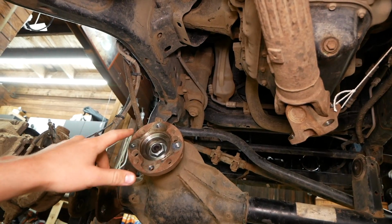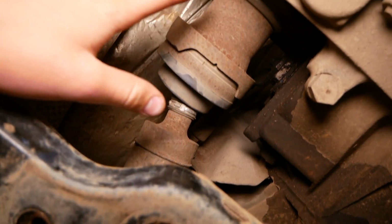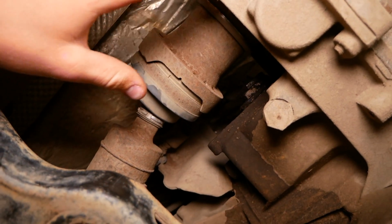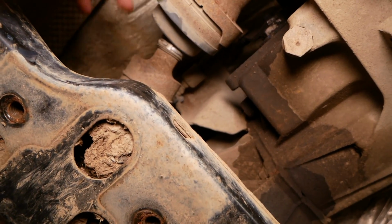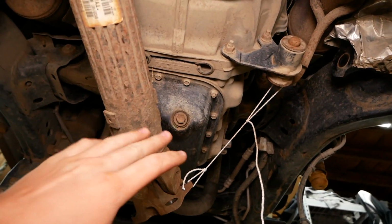So I removed all 4 of these 15mm bolts here, as well as all of these 8mm up at the transfer case. But I wasn't terribly lucky with disconnecting my drive shaft from the transfer case here. It seems to be fused and I'll need some sort of puller, and I will need to do that in the future because I am installing bigger, beefier drive shafts. But just for the time being here, I have the drive shaft tied up out of the way so that